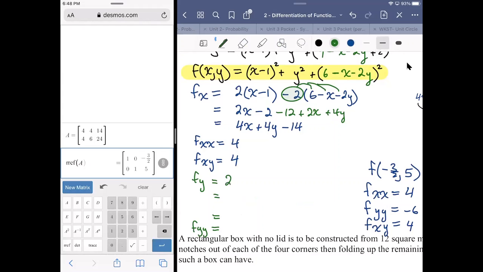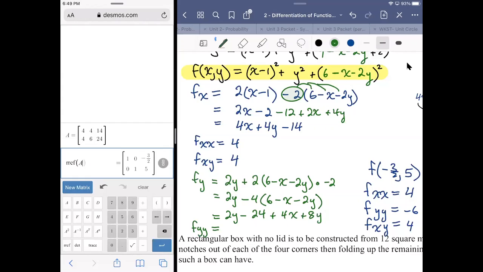So part of it is obvious, 2y, but then plus 2 times, I had a minus there originally, 6 minus x minus 2y to the first power times a negative 2, which is going to give you 2y minus 4 times 6 minus x minus 2y, which distributes to 2y minus 24 plus 4x plus 8y. And then when we combine, we get 4x plus 10y minus 24,